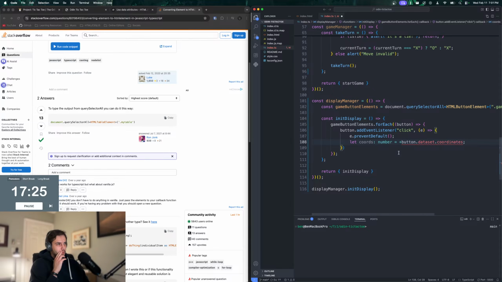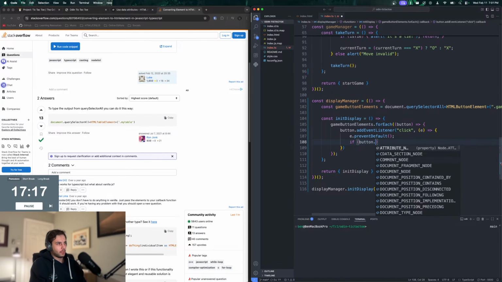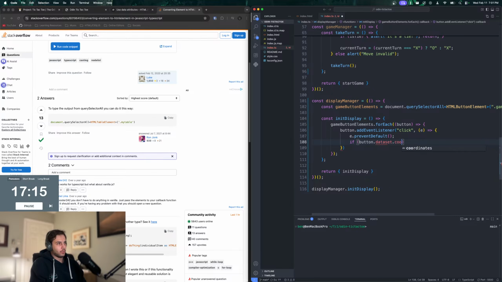Again. But I know it will be defined, so we'll say if button dot dataset dot coordinates not equal to undefined, then we will